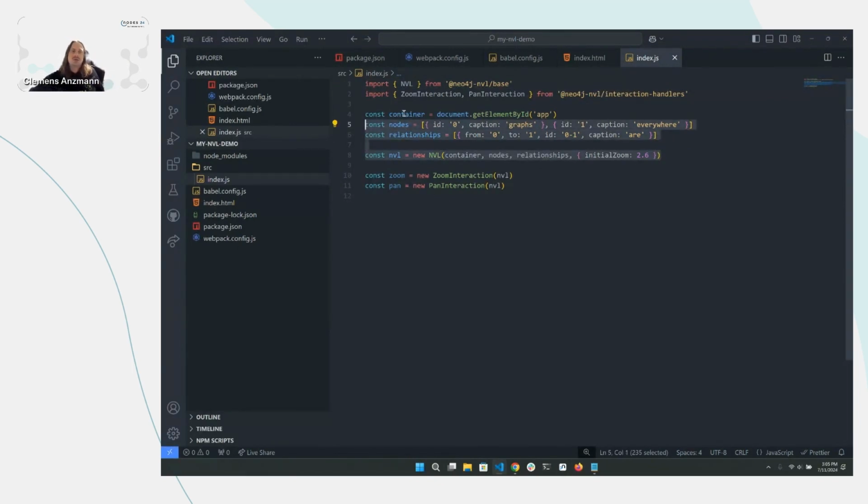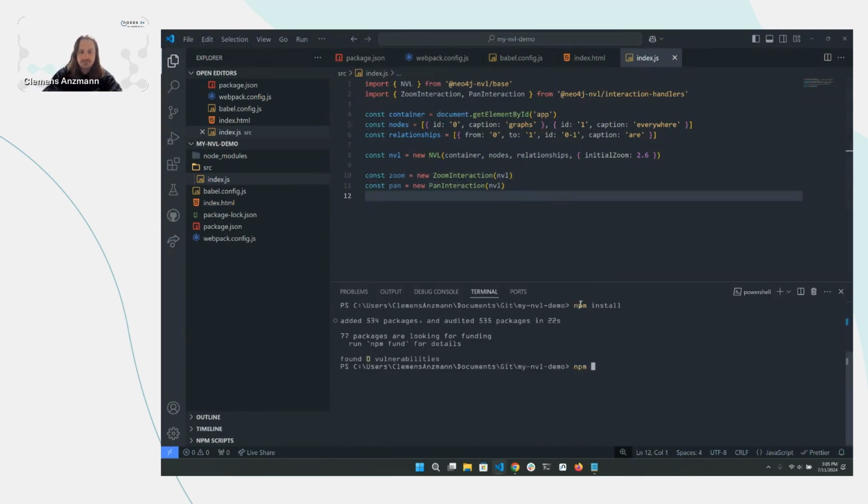So we get the container, nodes array, and relationships array. They have to have IDs, and the relationships also need from and to. They have to match up and be unique, otherwise NVL will complain. And we also add a little bit of interaction here. So now if we run this,